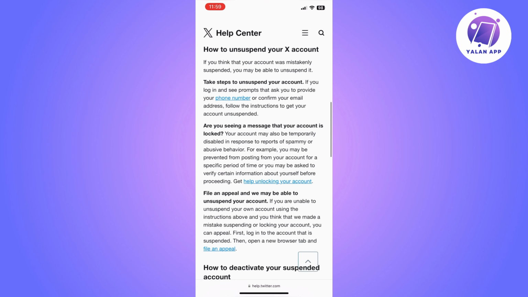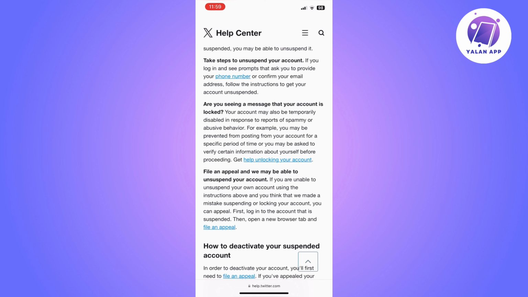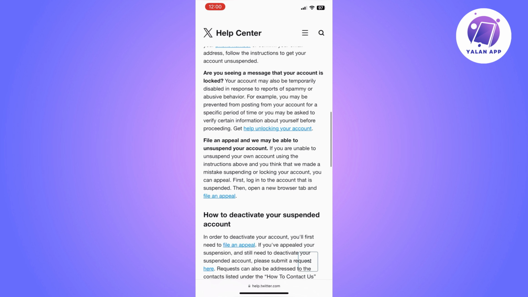So the first thing you need to do is to actually try to log into your Twitter account. If you try to log into your Twitter account and you see on the screen that it is asking you to provide your phone number or email address, you will need to enter that and then follow the instructions to get your account unsuspended. That most likely is going to work, but sometimes you might see a different message saying maybe